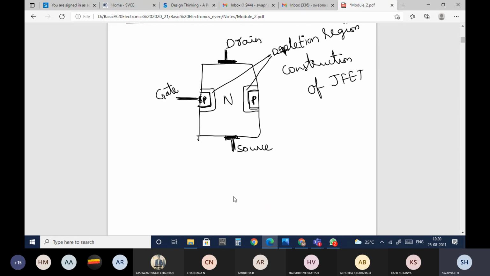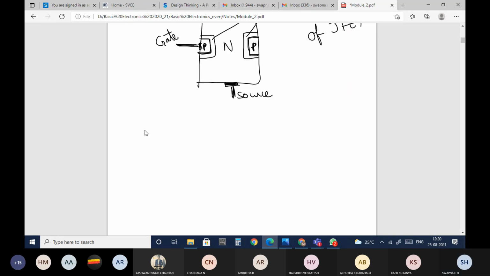Now we need to study how this is functioning. In order to study the function of this N-channel JFET, we study the operation of JFET.